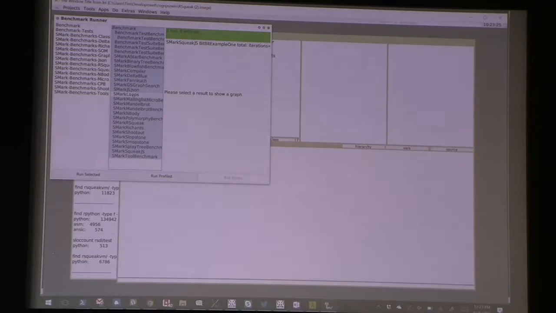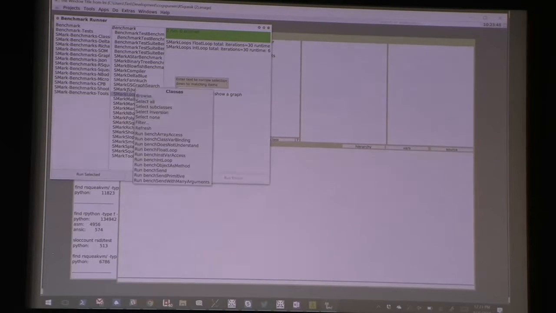Bench fit is special in a way because it's recursive, and what the JIT is going to do is unroll the recursion to a certain point, and I wasn't going to use that because it's a bit harder to explain. Let's do this. Oh, I have a mouse. Wow. And let's run